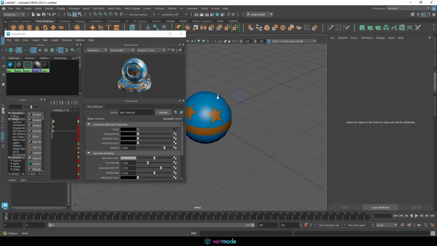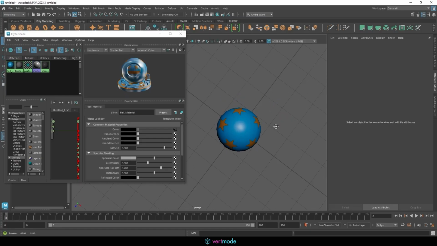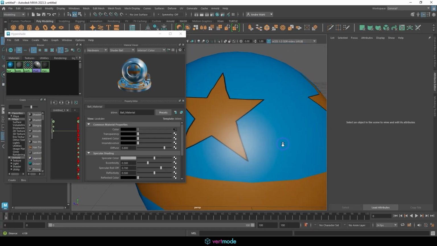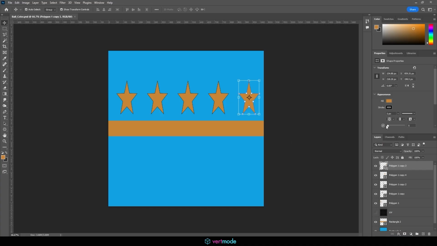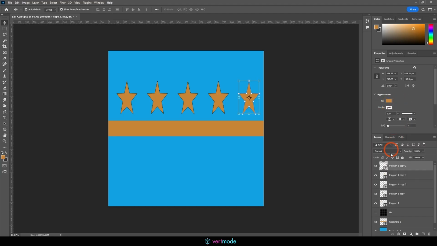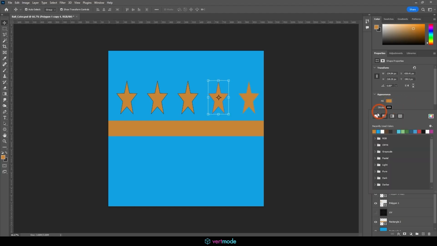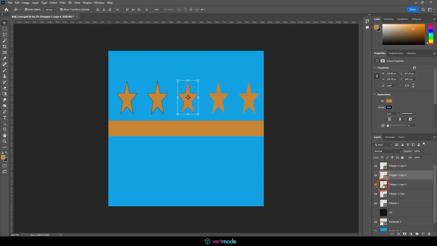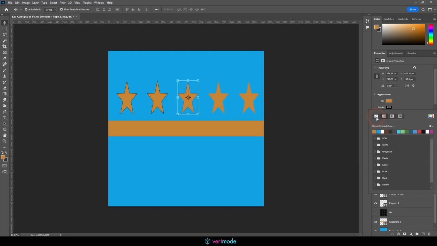We could decide if we want to add some to the bottom. It might be a little bit too busy for that. Also, I might want to turn off the stroke on these stars. It looks like they have a little bit of a stroke. I'm going to just come into the properties tab for each of these, and I'm going to turn that off because I don't want to have that dark stroke on there, but that'll give me a basic texture for our